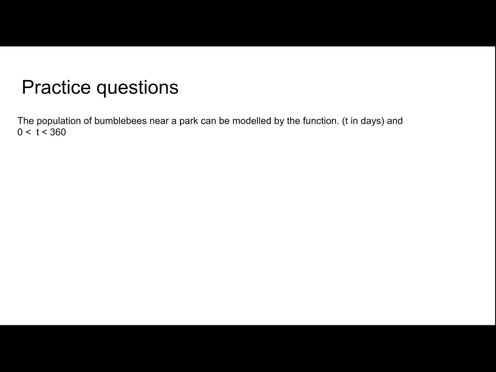And so now I have some practice questions, some similar to NCEA questions, I guess. I've made these questions myself. So the population of bumblebees near a park can be modeled by the function, t in days, and t is between 0 and 360. So this is a pretty tough